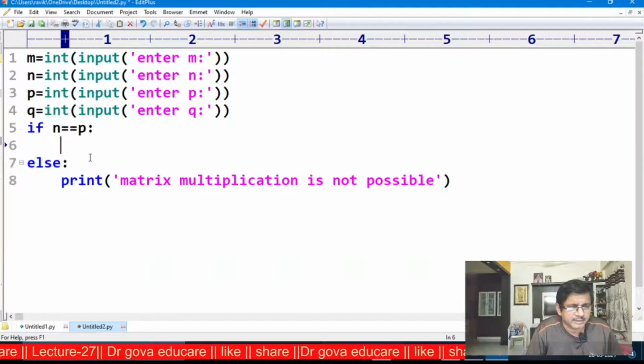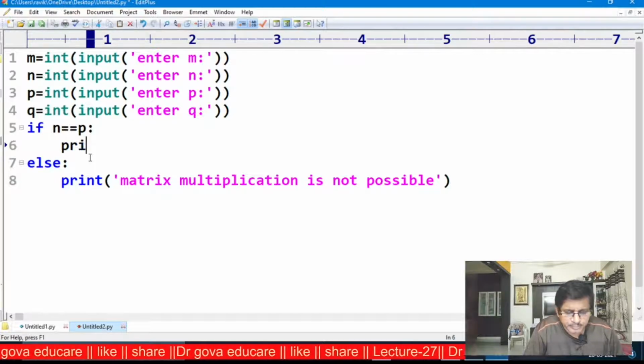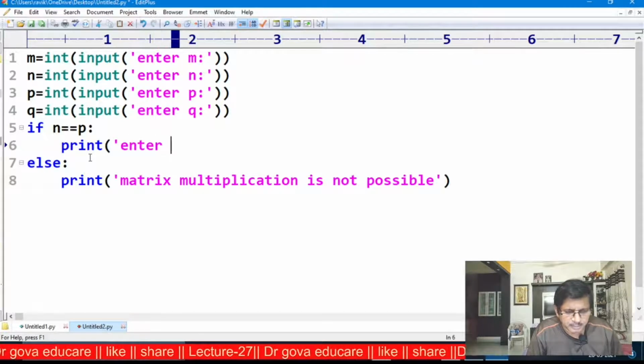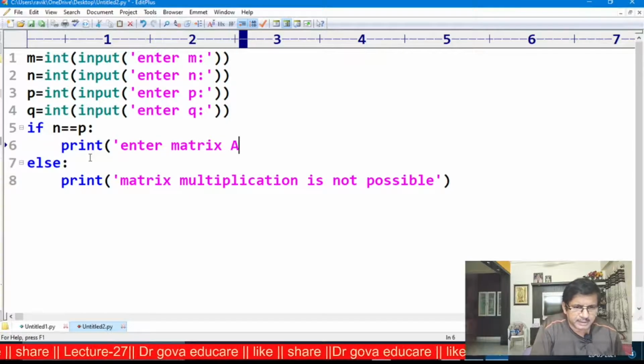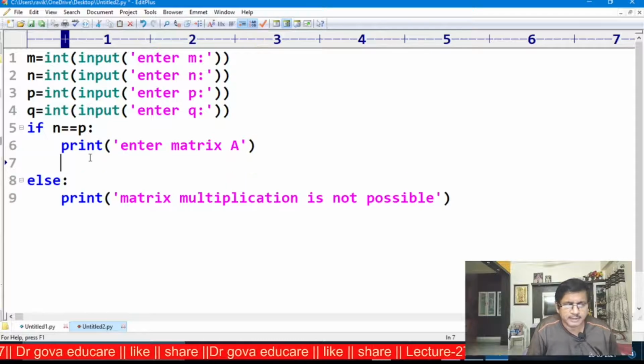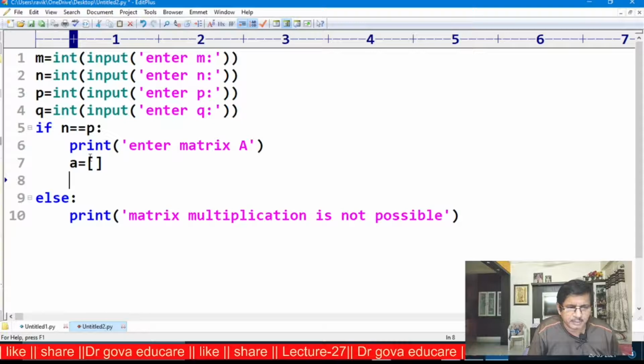Now I am writing this. First I am entering the matrix A. Print, enter matrix A. Now for this, first I am creating the empty list.